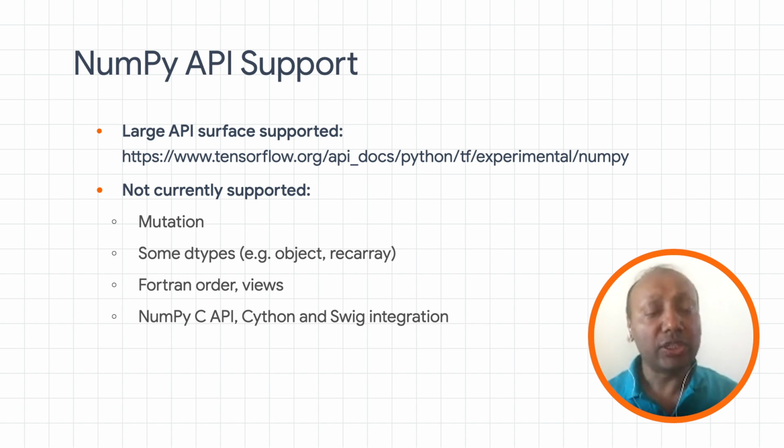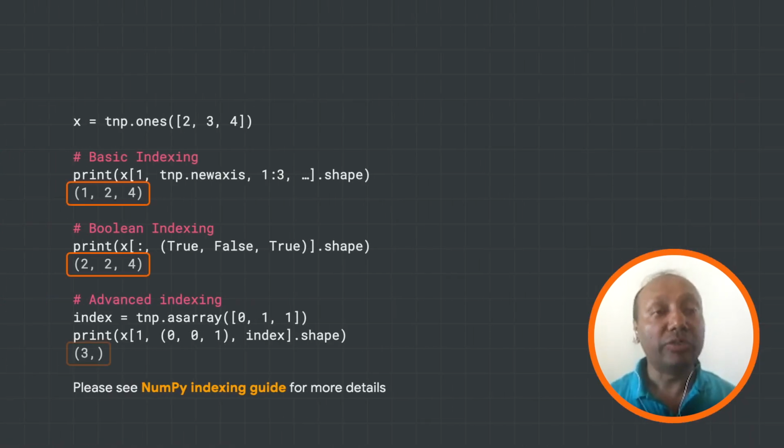So having said that, let's dive into some of the flexibility that NumPy brings, even to TensorFlow users. One big feature we believe will be useful is indexing. NumPy's indexing is pretty powerful. Besides the basic indexing, as shown in this slide, which is using single values, adding new axes, doing ranges and strides, or using ellipses for going over a different number of dimensions. So that is basic indexing.